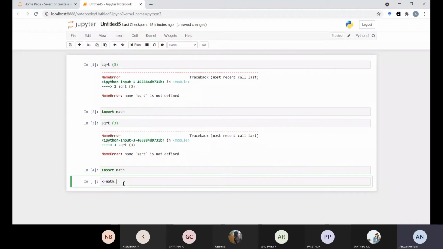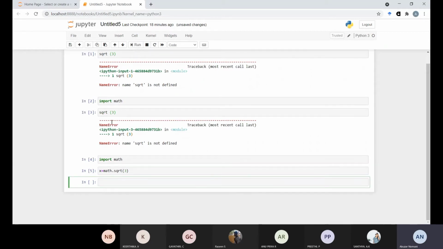Square root, 3. Here we have imported the math module, then we put x, and then the math function square root, because in the math module there are lots of functions, but we are going to use the square root function. Now make it run.